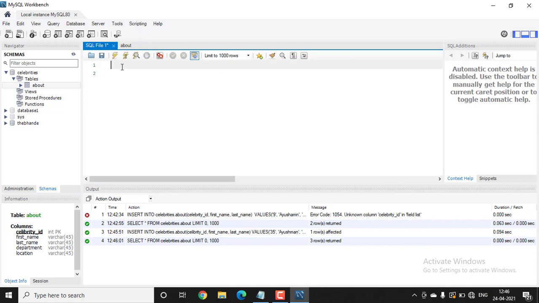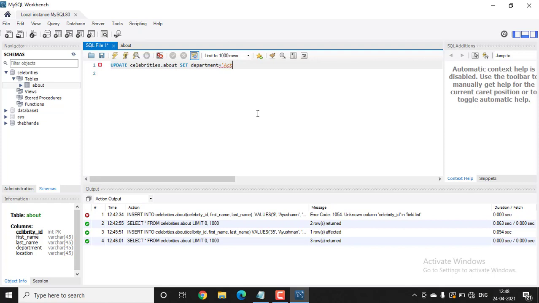Let's go back and type in the command update, then name of database, celebrities dot name of the table, and then type the command set the name of the column which you want to update. I want to update the department. Department equal to